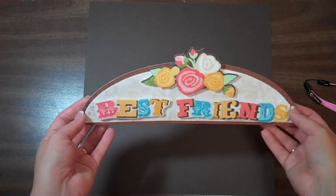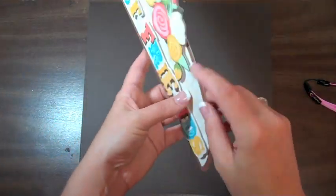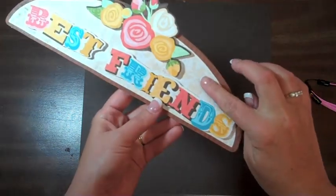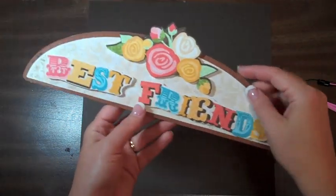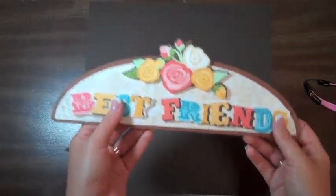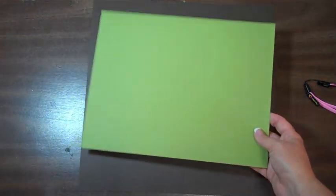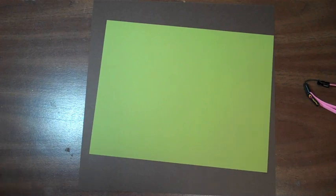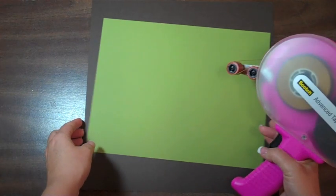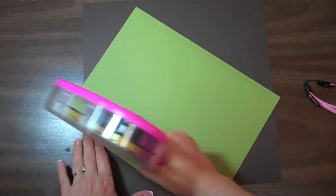This is the size that my Best Friends cut came out. What I did was I used regular adhesive to do the one layer on the brown part. Then I used the pop dots to add the flowers and then the Best and the Friends. And I have a 12 by 12 piece of, I think it's called Early Espresso. I love it. It's cardstock by Stampin' Up. It's really, really rich chocolate. They have, I think, 4 or 5 different brown colors now for their cardstock, and it cuts great in the Cricut. And this is Old Olive Stampin' Up